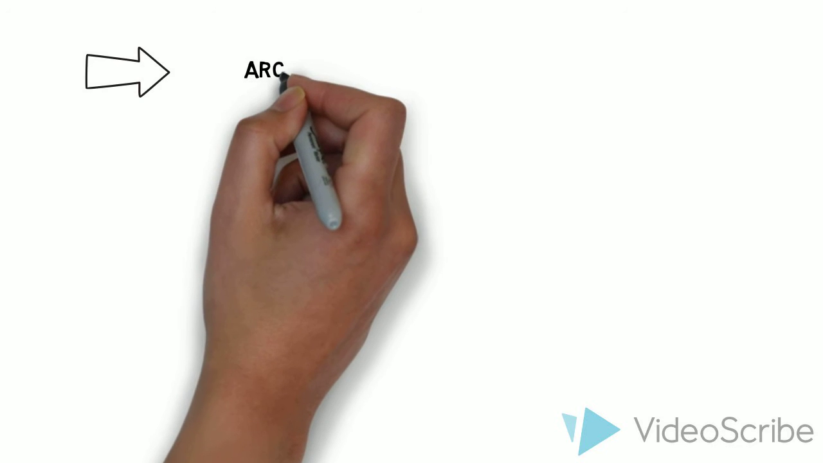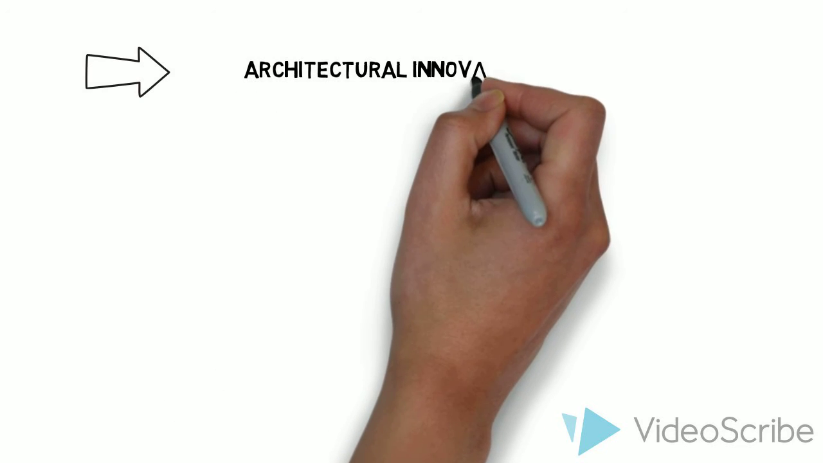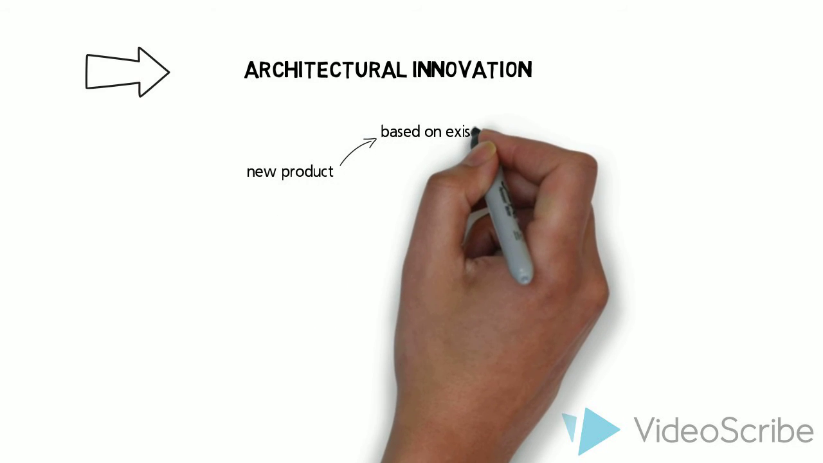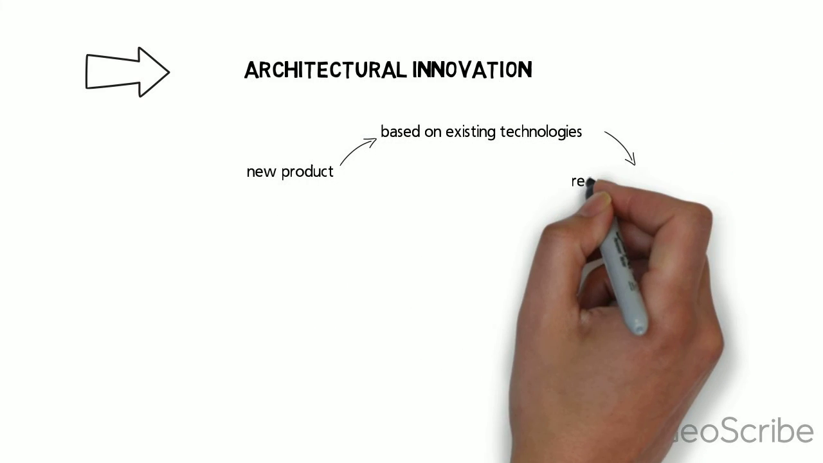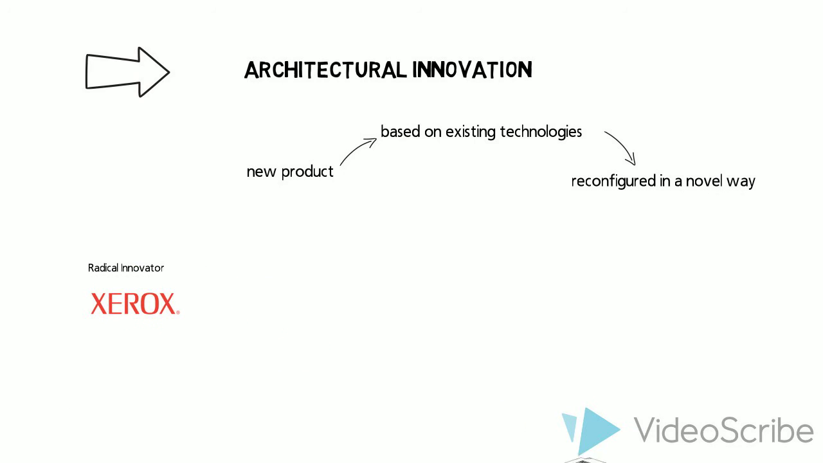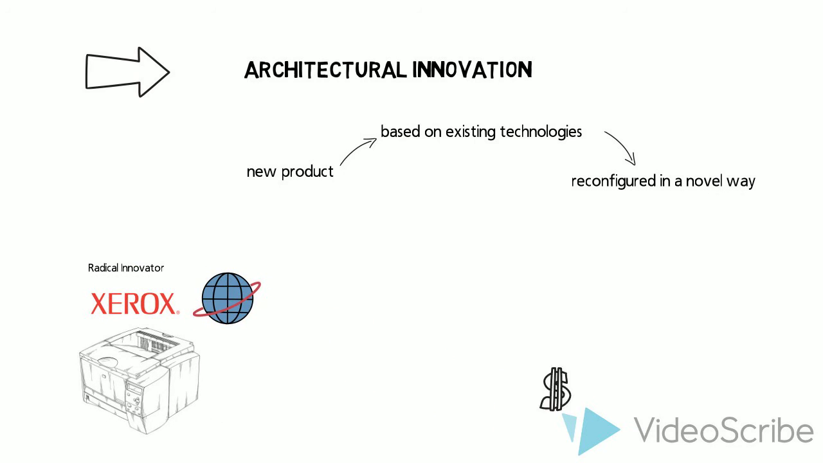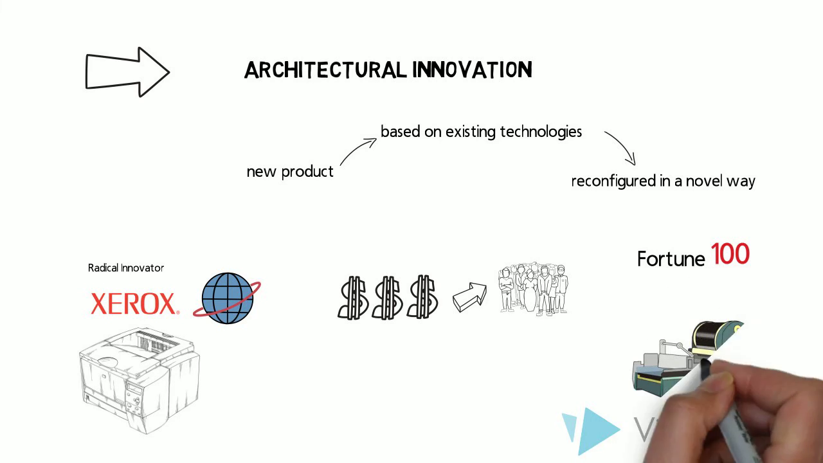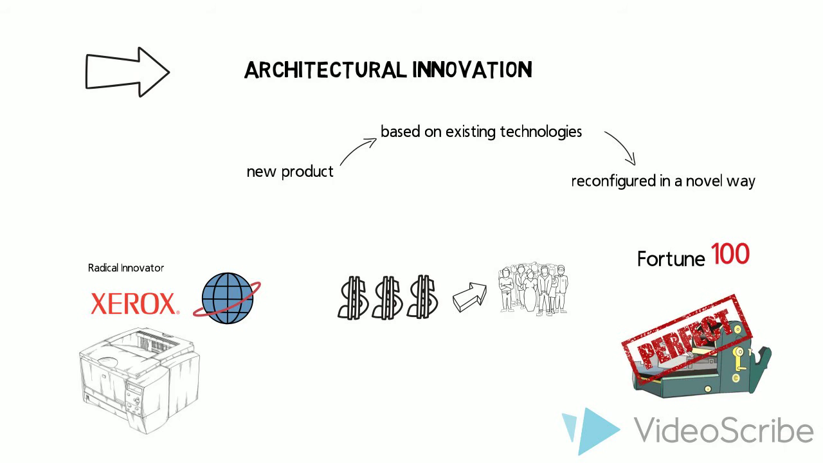Now, let's look at the two other types of innovations. An architectural innovation is a new product in which known components based on existing technologies are reconfigured in a novel way. As a radical innovator, Xerox was the most dominant copier company worldwide. It produced high-priced copying machines that it leased to its customers. Although these machines were ideal for the high end of the market, such as Fortune 100, Xerox ignored small and